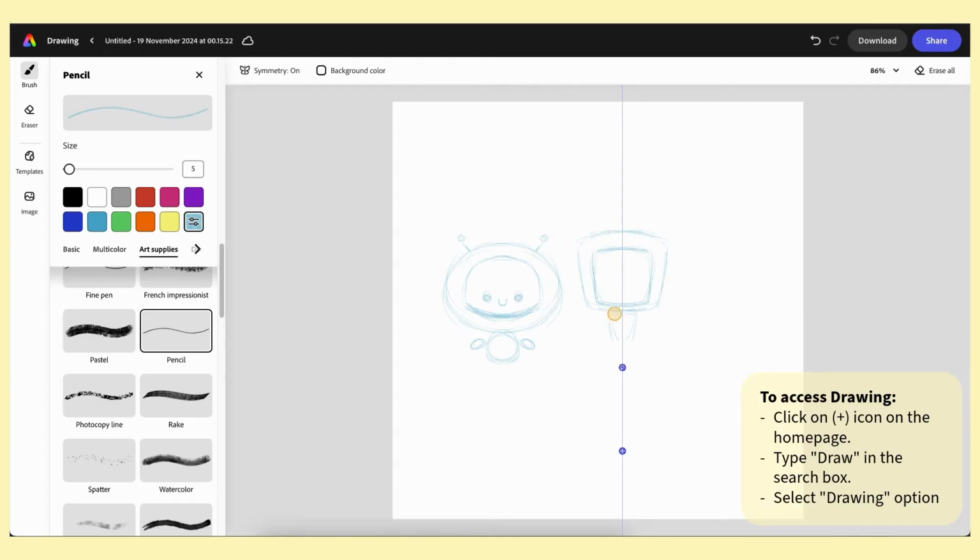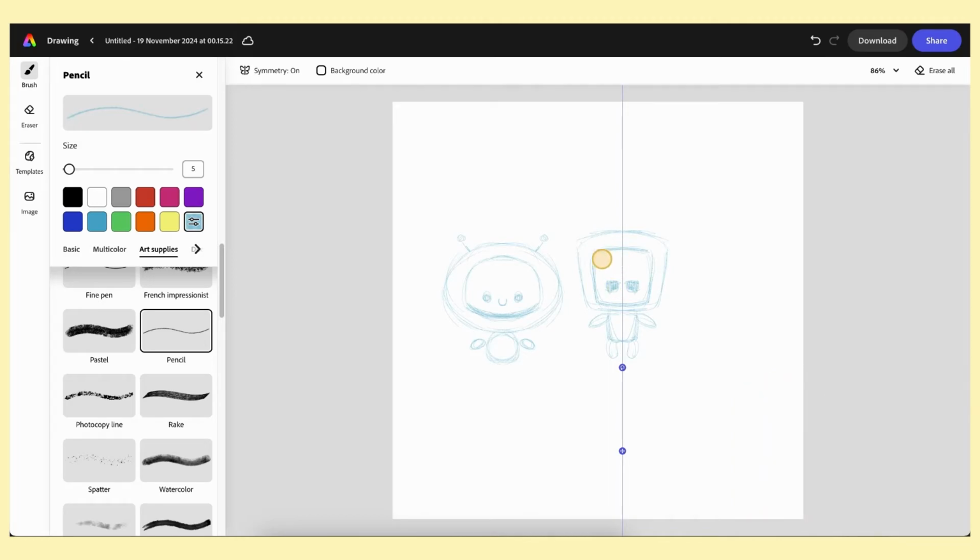So we are playing around with different combinations of shapes, and since the design needs to be cute, we are taking the help of the proportions of a baby, where the head is bigger in size and the body is a bit smaller, and we are using a combination of basic shapes because it's easier for the human eye to read and understand those when we see them in our daily life.